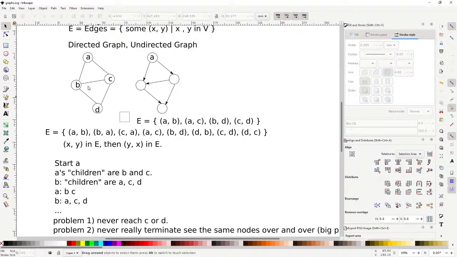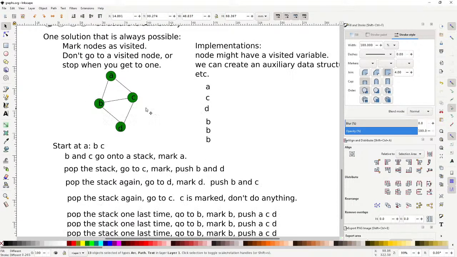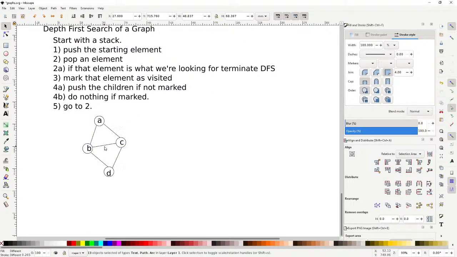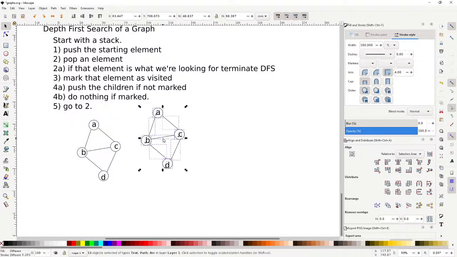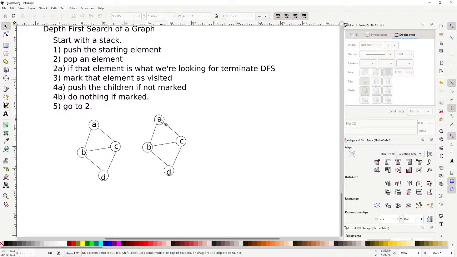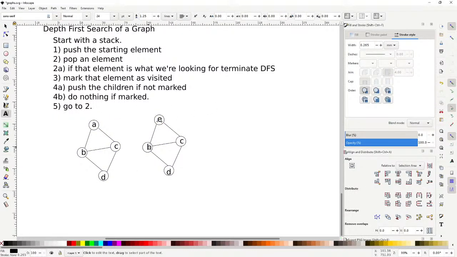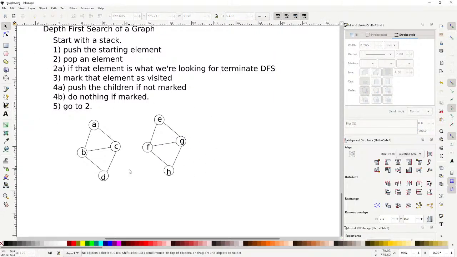Okay, so let's look at some other types of graphs and just think about what DFS is going to do on this type of graph. So let's say that we have 2 copies of this, except this is, say, E, F, G, H. And there's no boundary, or there's no edges that take you from A to any of these, or B to any of these, or basically what we would call this is